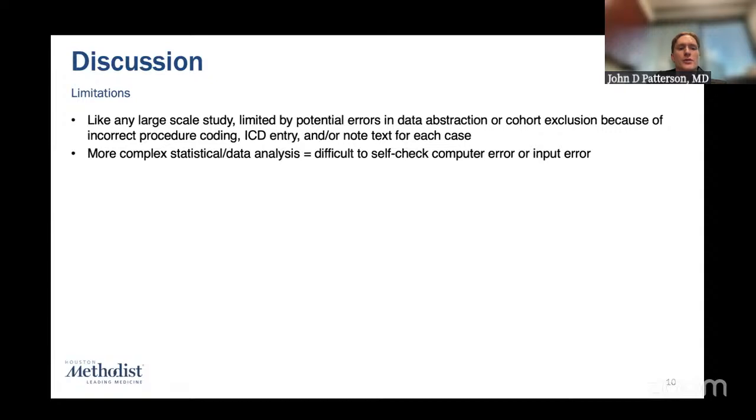And then, of course, the more complex these statistical models get, the more difficult it is for us to self-check that there are no errors there. But I think we're in a pivotal time right now with these kinds of papers. With these machine learning papers and outcome predictors, we're not at the point where we're saying these are 100% solid gold and we're going to change our practice based off of these. We're at the point where we're comparing them to what we knew before and building our trust in them.